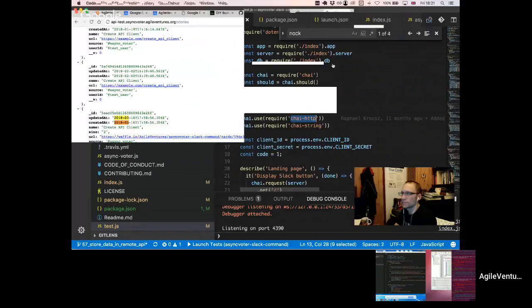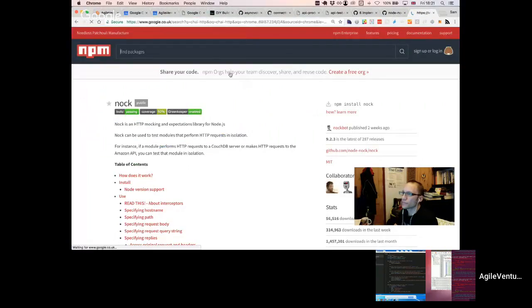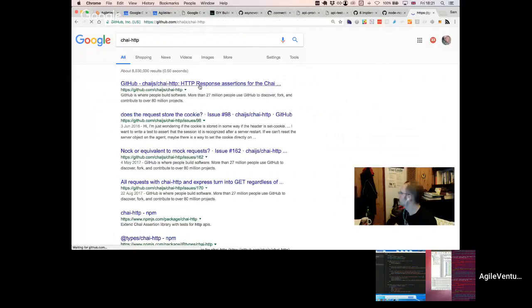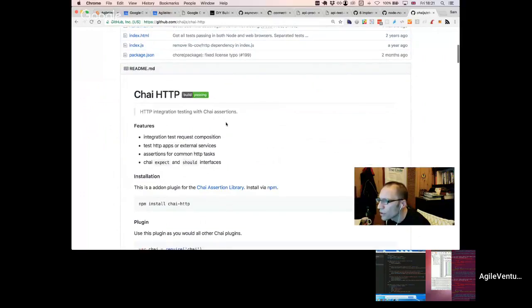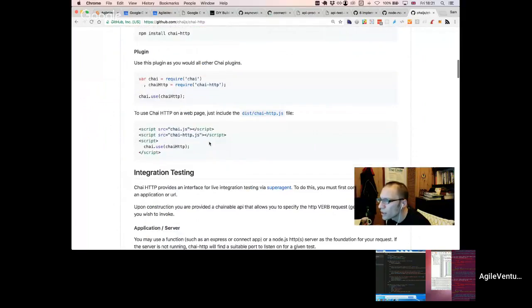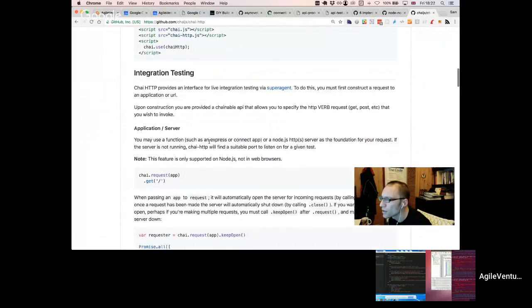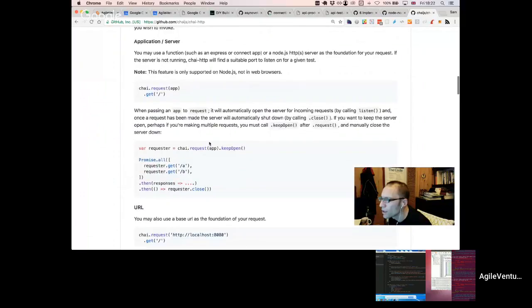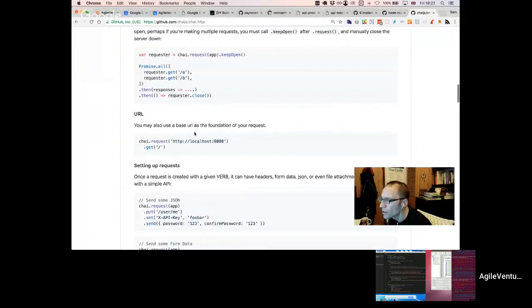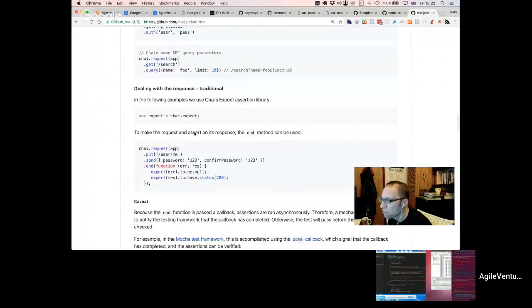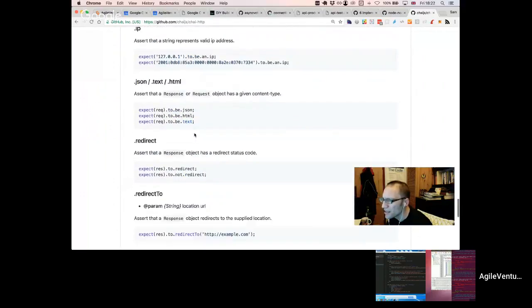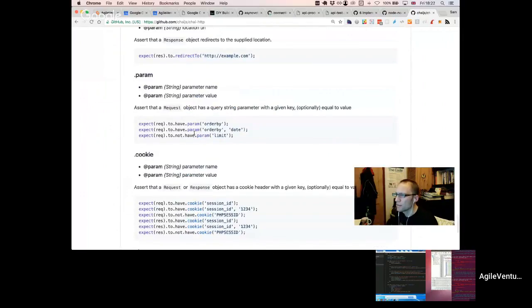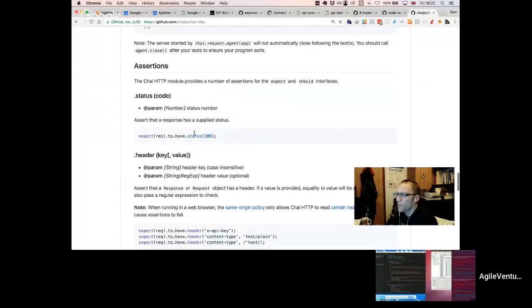You want to look up chai HTTP? Yeah. But that's just a response assertion. Here, response assertions. Integration testing. But yeah, there's nothing in there that implies it. It seems to be more about allowing us to talk about